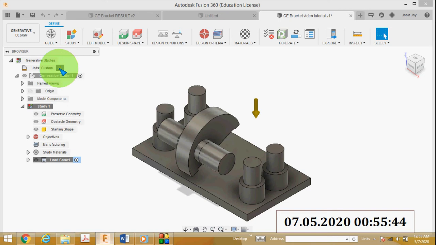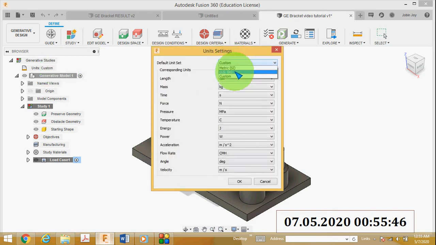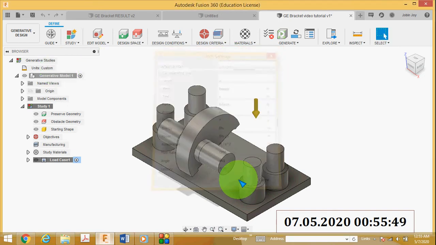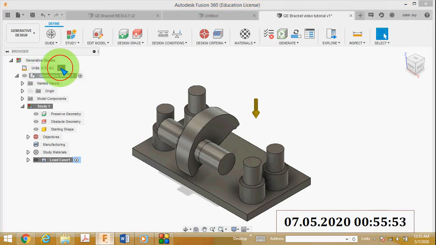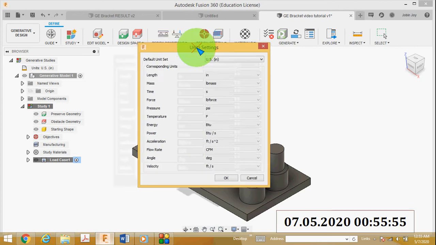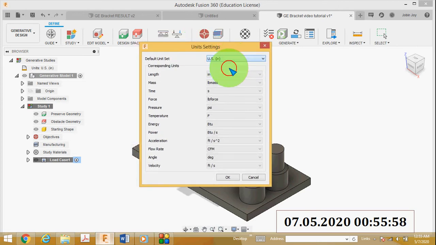So here I will change the units to US. Click this edit icon, then you can see the unit settings dialog box, then you can change this unit to US.